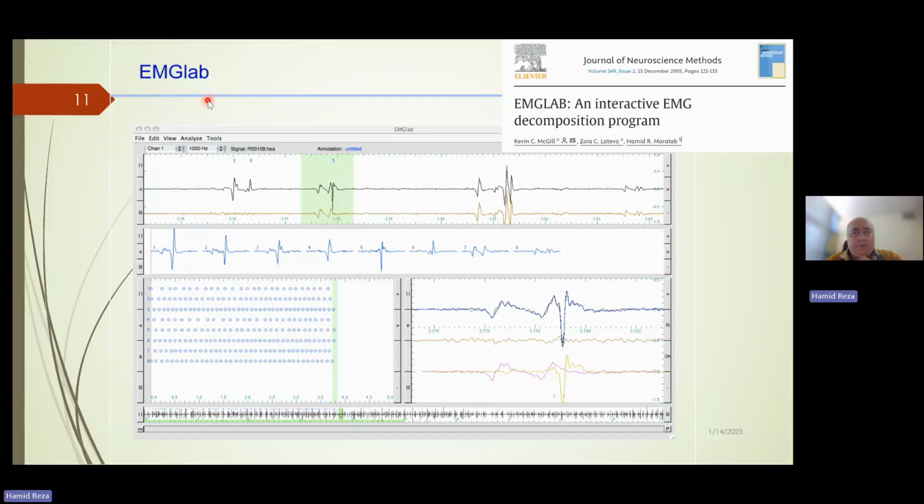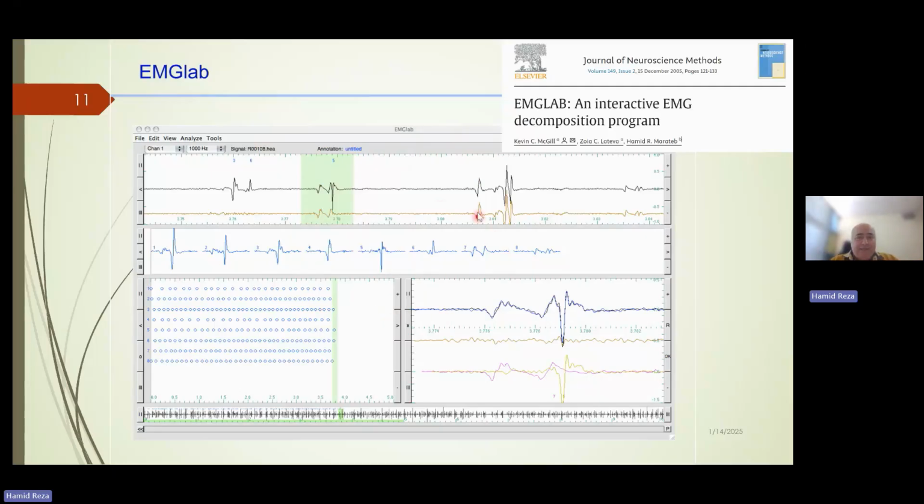So we have the EMGLab program, and it is basically developed by Kevin. I remember in 2001 when I was working on my master's thesis on EMG decomposition, I was in contact with Kevin. We were talking about the procedure of automating decomposition to have a better dissemination. So we started working on this, and a lot of different versions were produced, and this is one of the mature versions. We have many more versions for multi-channel decomposition and for accuracy assessment, but what is available now is this